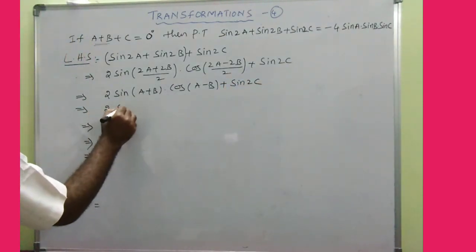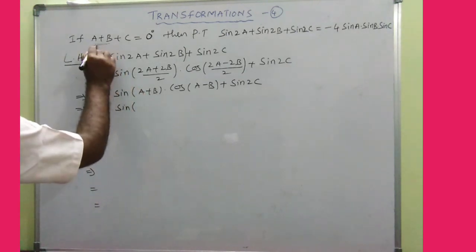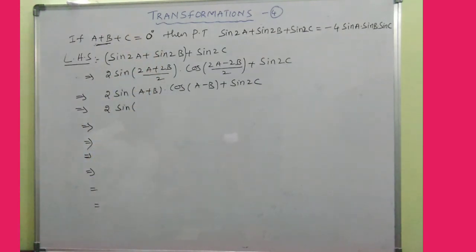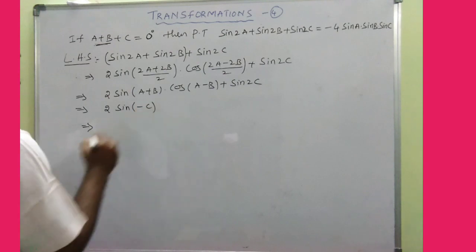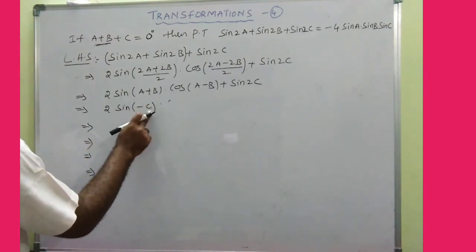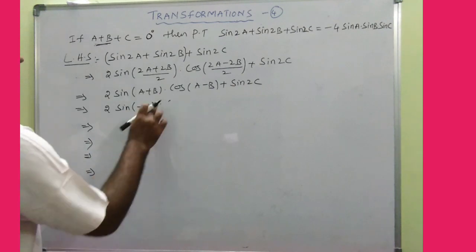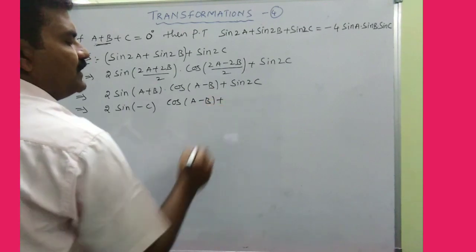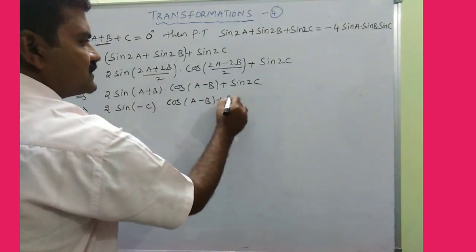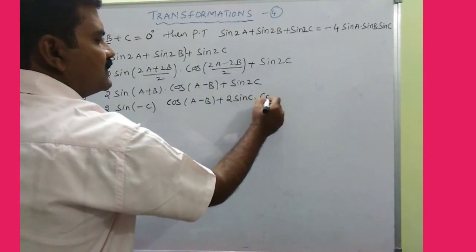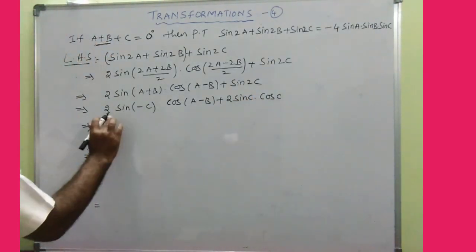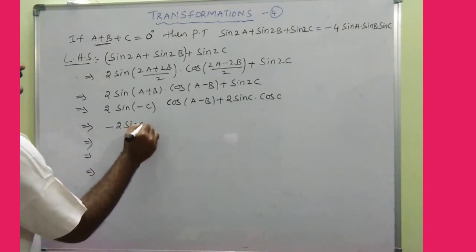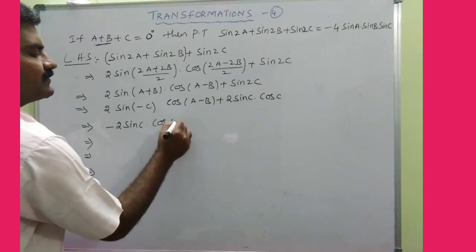And you see this time 2 into sine of a plus b means, so 0 minus c, no? What about 0 minus c? 0 minus c, nothing but simply minus c. Earlier we used to write some 90 minus c or 180 minus c, etc. Now simply minus c into cos of a minus b plus formula for sine 2c, 2 sine c into cos c. So see, sine of minus theta, minus 2 sine c, and rest of them are same.